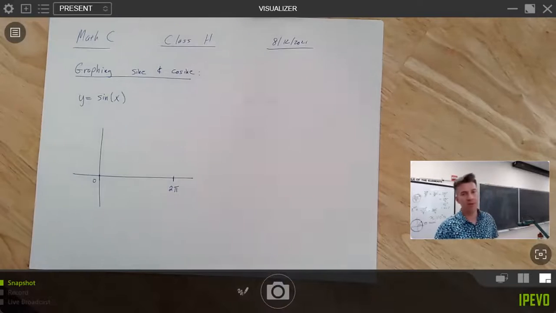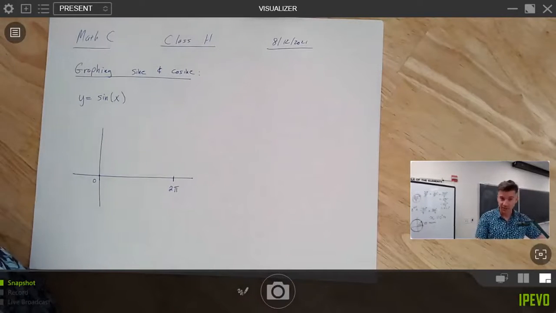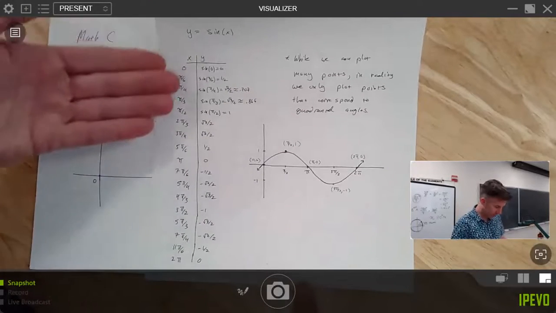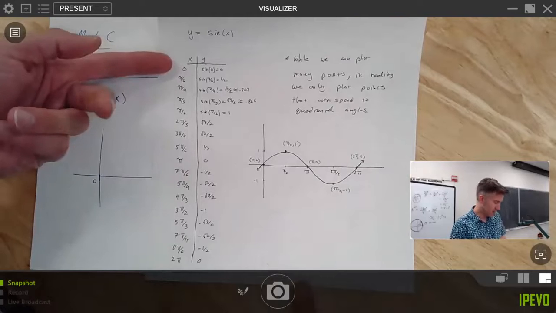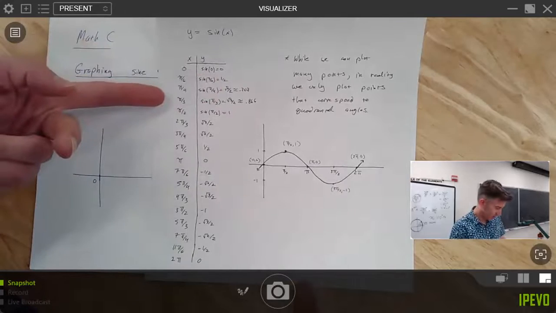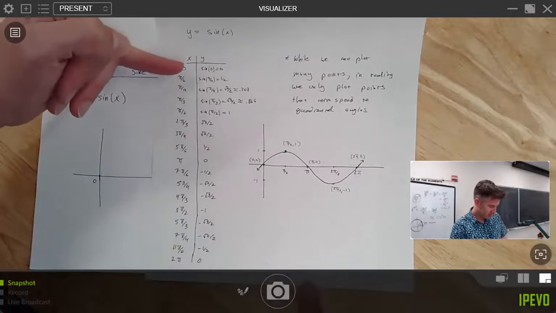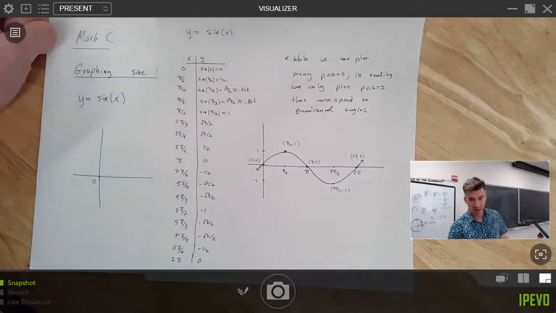And we could plot a bunch of values. I really don't want to. You really don't want to either. If you look at the previous notes, you will see that I found a bunch of values of sine. I went through the whole list of every special angle. Sine of 0 is 0, sine of pi over 6 is 1/2, sine of pi over 4 is root 2 over 2, sine of pi over 3 is root 3 over 2, and sine of pi over 2 is 1. So you go from these values that get larger and larger up to 1. And then you go through the same values back down to 0,